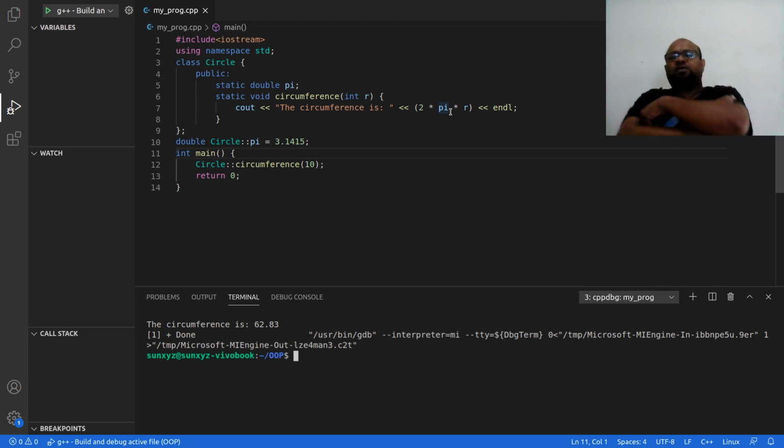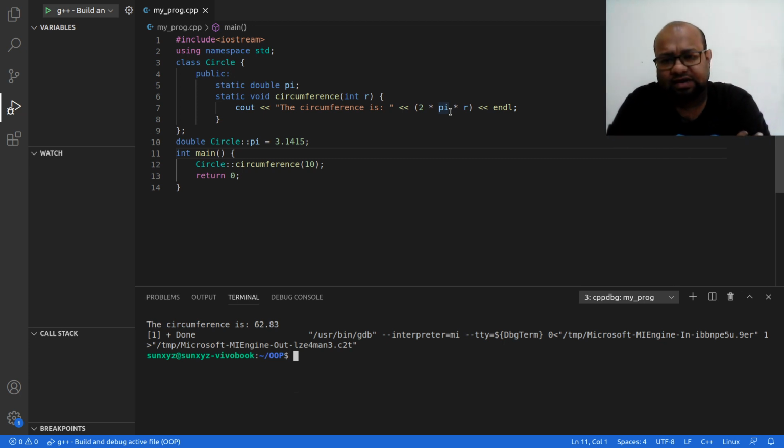Now from a developer point of view, from a designer point of view, a person who likes to write good looking code, a person who likes to write usable code, here's the thing. I have written this circle class, and I am going to give this circle class to some person.